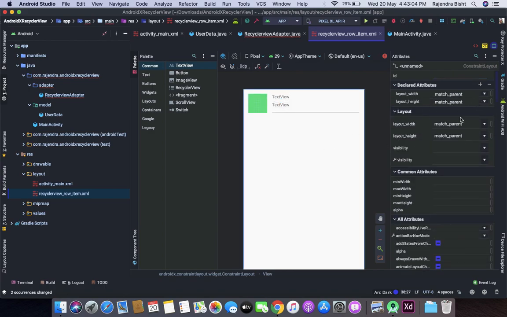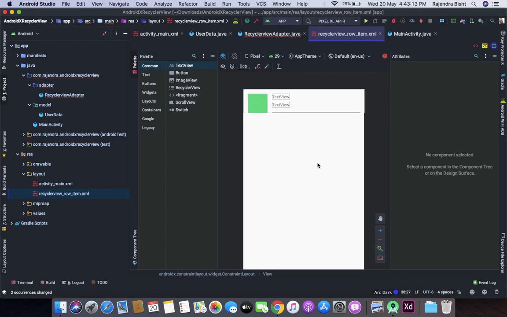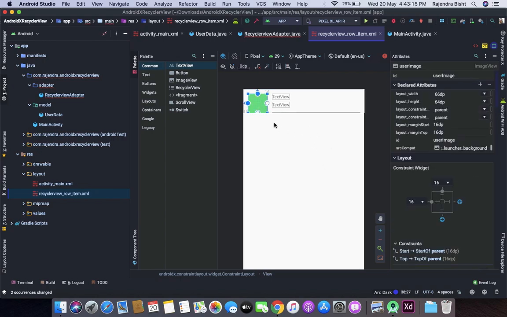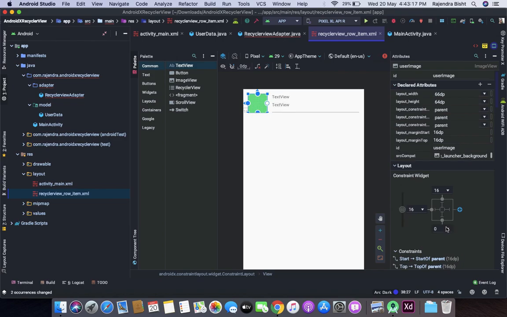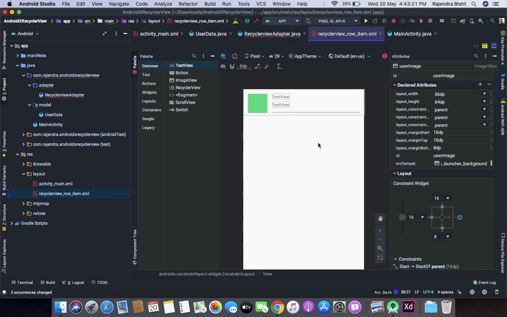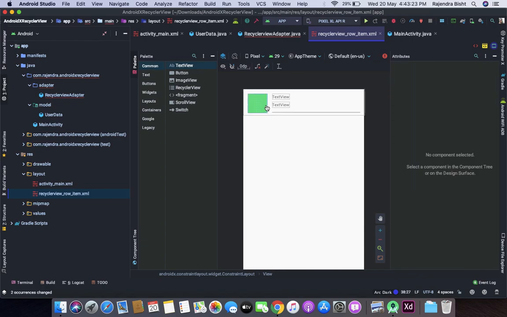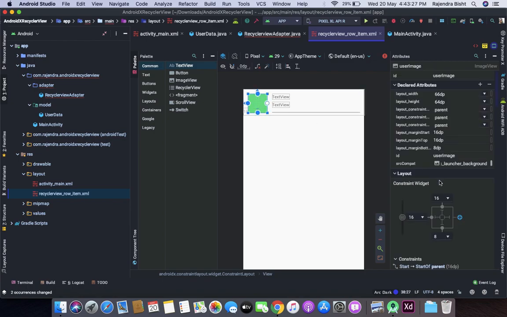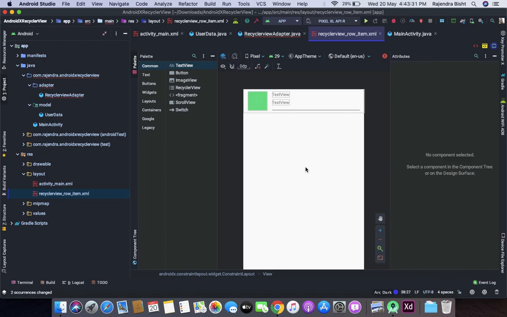Now I will set the constraint layout's layout height to wrap content. So our layout file is ready.